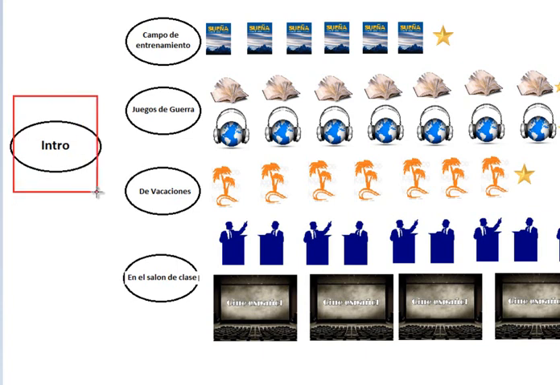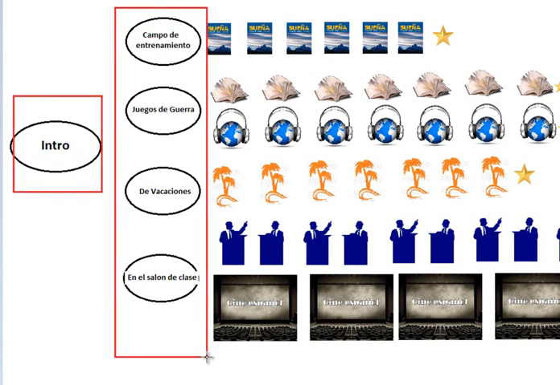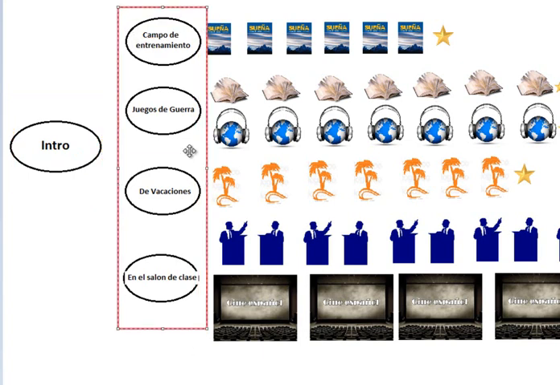The first misión you'll see is an introducción mission, and esta misión is fácil. It just tells you what the class is about. And then it will lead you to these missions. These next four missions are really the quest, the main work of the class. The first one is Campo de Entrenamiento, and